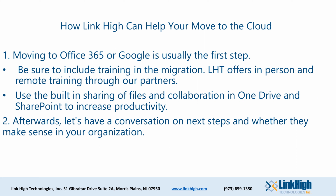And I focus on Office 365, but Google G Suite works on the same principle. They just don't have a desktop version of their software. You know, Google started as a cloud-only company, and all their applications are cloud. And then after that,